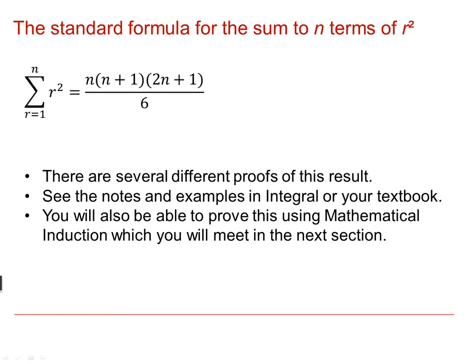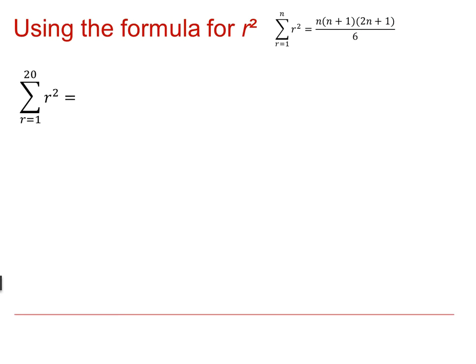So once we've got the formula, then we can use it to calculate different sums. Here we've got the sum of the first 20 squares, so writing this out in full, it would be equal to 1 squared plus 2 squared plus 3 squared, etc., all the way up to 20 squared. But we can use the formula which says that this will be equal to n plus 1, 2n plus 1 over 6,